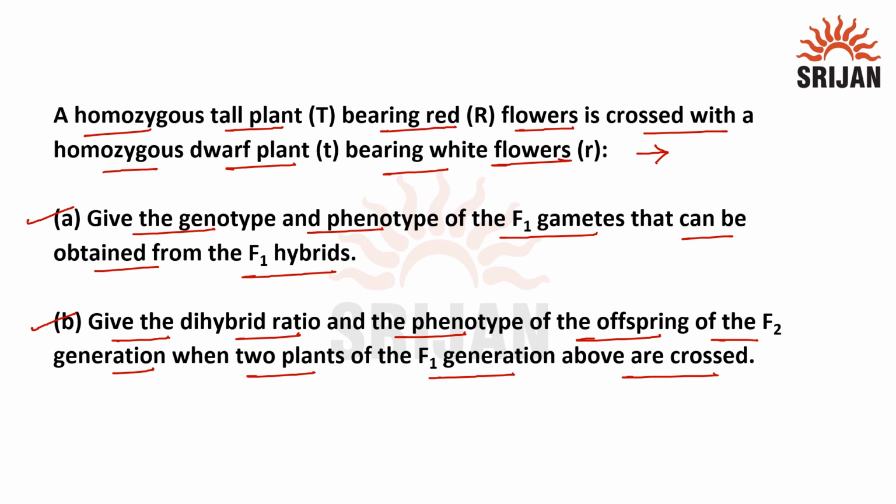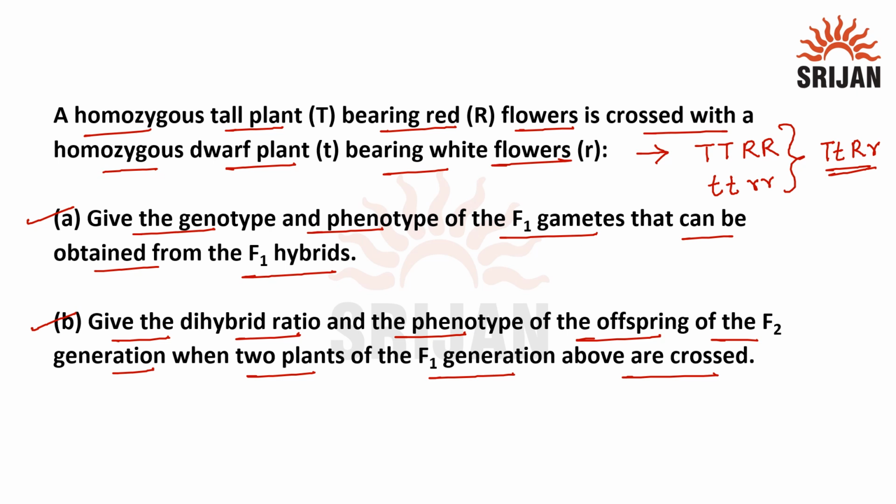So it is a homozygous tall plant bearing red flower. So we can write capital T and capital R. Then we have a homozygous dwarf plant bearing white flower, that is small t and small r. So this is the parental generation, and the F1 generation that we will have is capital T and capital R small r